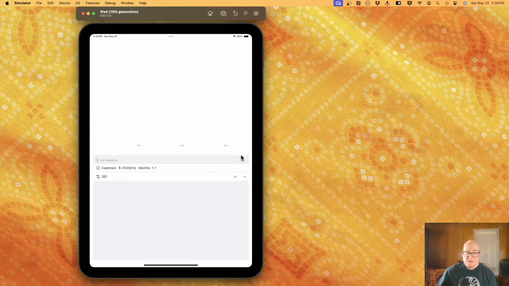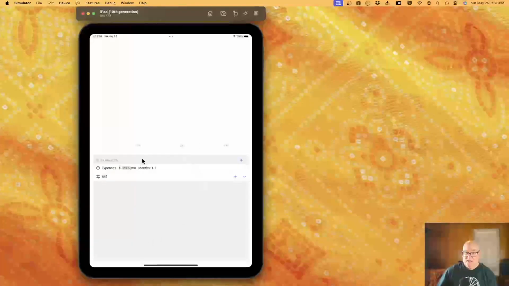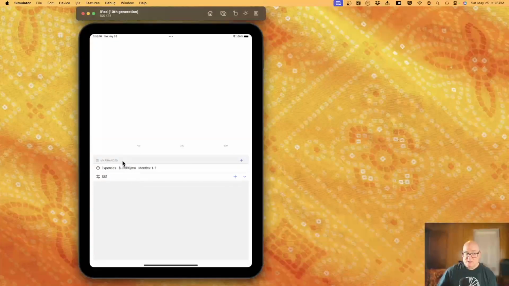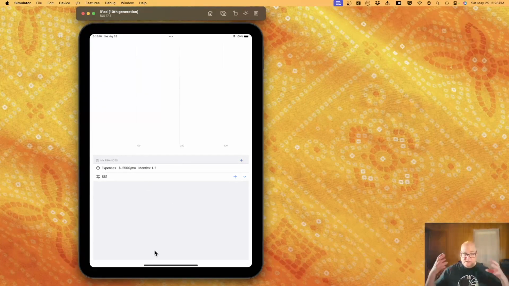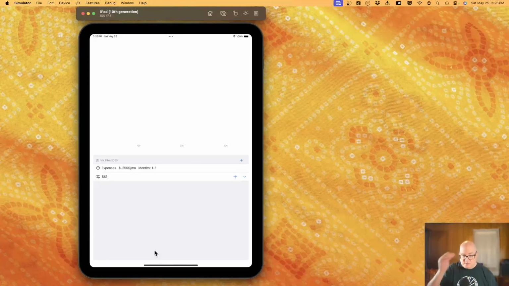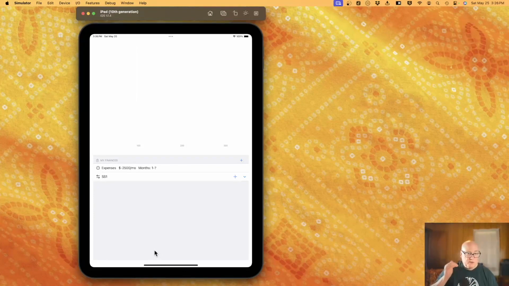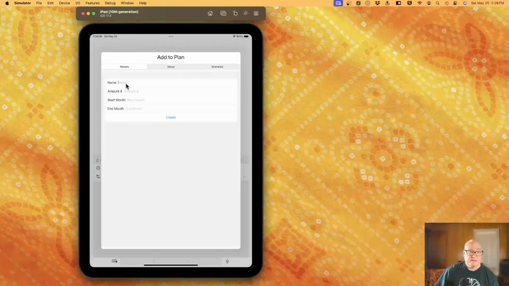So when we get to the code, this whole thing down here is called the possibilities. It consists of a plan tree that represents all these in one place. Then when we process it, we turn it from a tree of streams, alternatives, and groups into a set of scenarios, where the scenarios are just simple lists. They don't have any decisions, so each one represents a possible future. Let's add